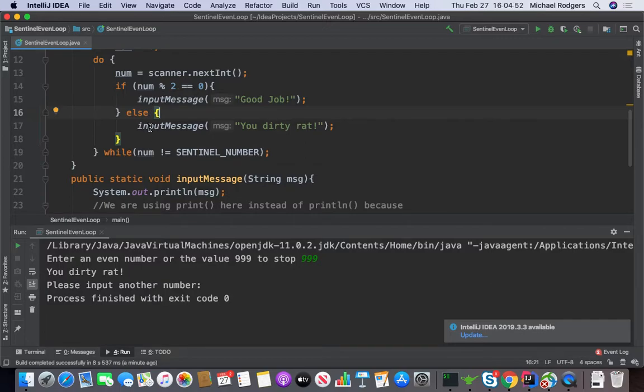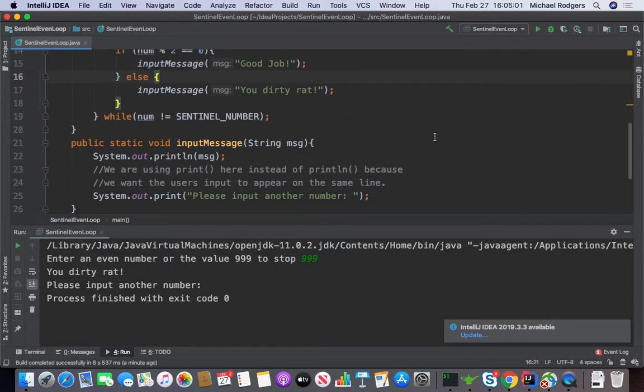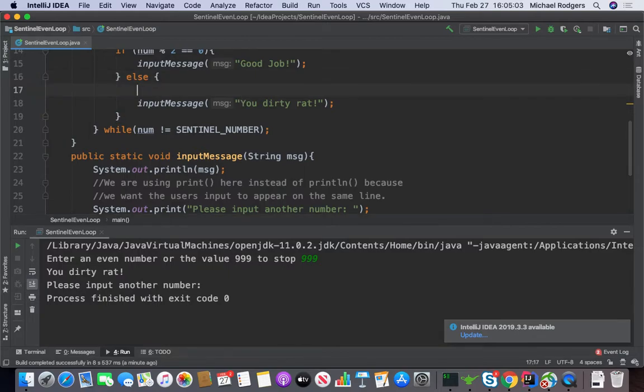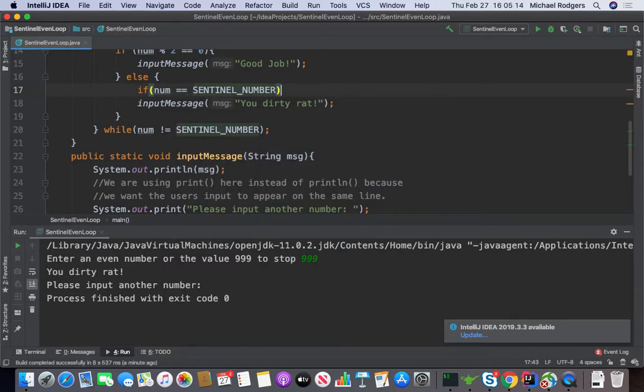It's going to go into the else message, say you dirty rat. But up here, the value is 999 to stop, right? So one of the things we could do is just say if num equals sentinel number,